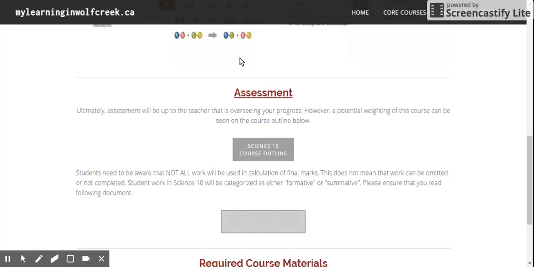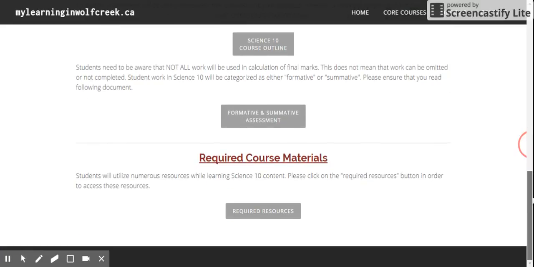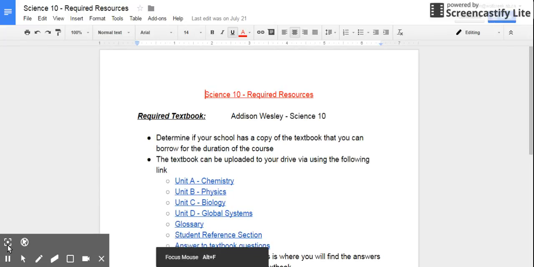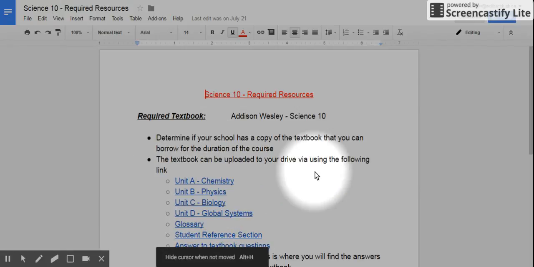Finally, I will shift back to the website. I do want to talk about the course material. This is a very valuable link that you should have at your disposal at all times. I will click on that and I will shift over. Right here, I have uploaded digital copies of the textbook, the glossary, and the answers to the textbook questions. This will be up to you and your teacher if this is the method that you're going to use. Maybe you're going to use a physical copy. I'm not quite sure. But the whole textbook has been put on here for you,